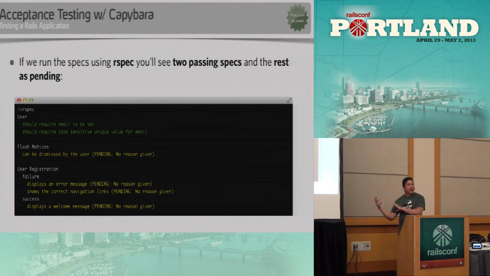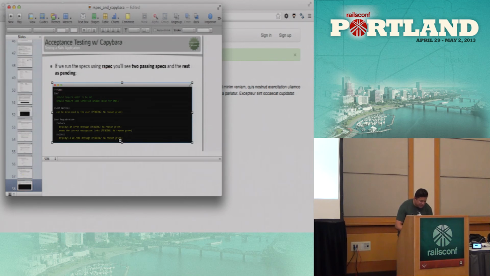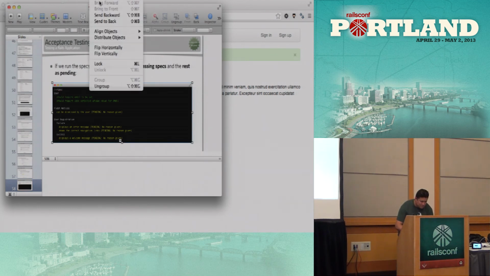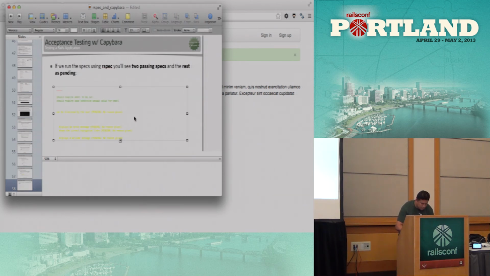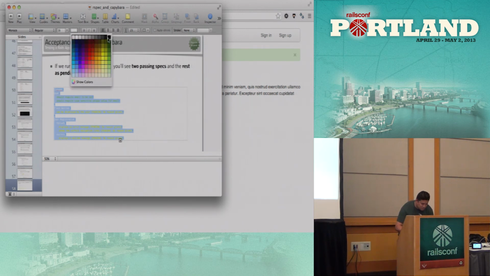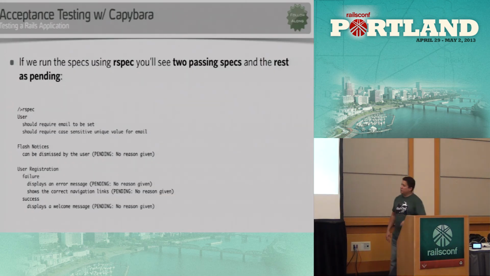I use white backgrounds on the rest of the slides, but black backgrounds on the actual code. I just want to be able to read it.